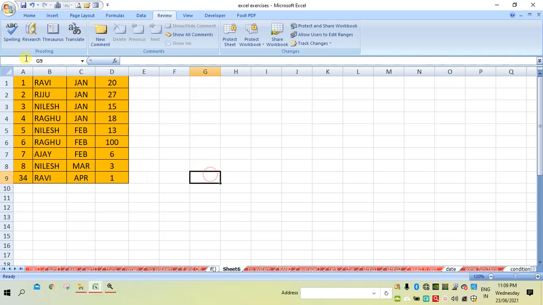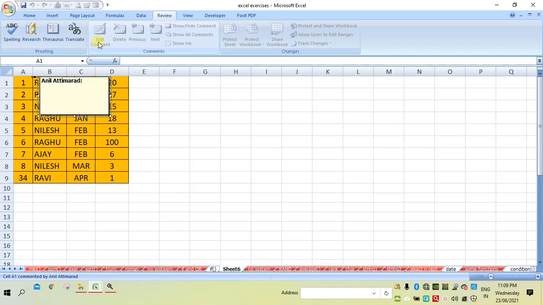So okay, let me put some comments. To put the comment, select the cell and click on this. Either you can click on this or you can use the Shift F2 key. So here I will click on this, and in this area I will write the comment. I will write serial number, and then to close that, click outside this area.